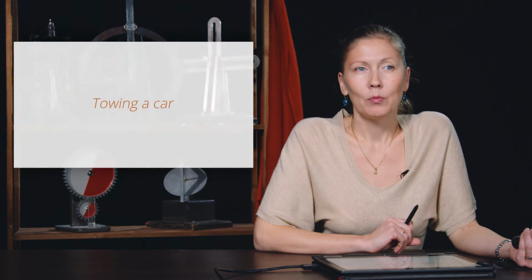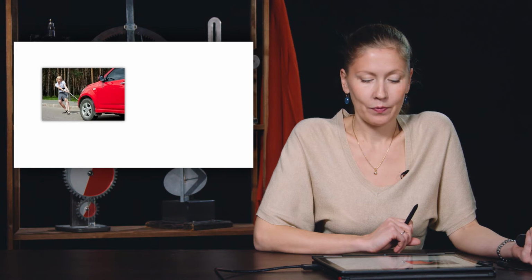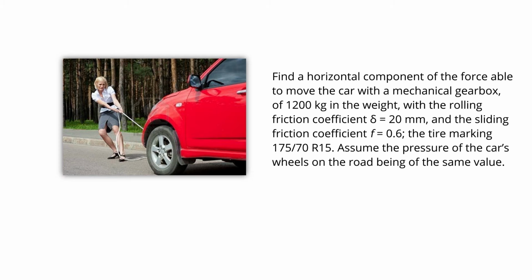Let us consider a sample problem with the presence of rolling friction, towing a car. Let us make a statement of the problem. Find the horizontal component of the force able to pull a car of 1,200 kilograms. The coefficient of rolling friction delta is given to be 20 millimeters, and the coefficient of sliding friction is given